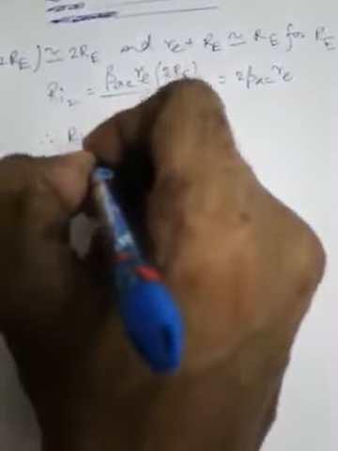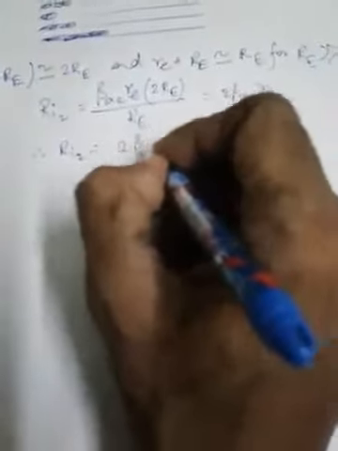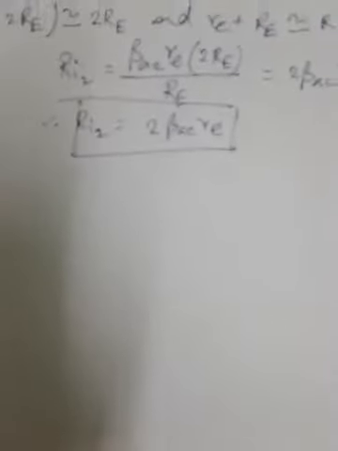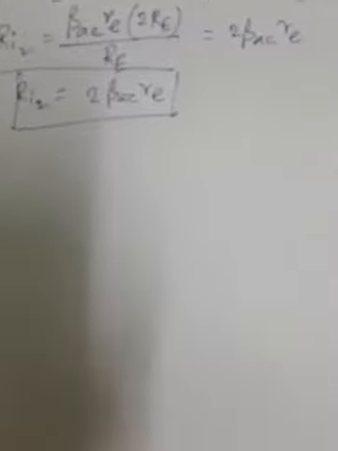So therefore we have found RI2 is 2 beta AC small re. So this is the expression for input resistance at the input terminal of Q2. Now if we analyze the expression for input resistance, we can see that it depends on the AC beta, the gain of the transistors Q1 and Q2, and the AC emitter resistance. Now let us find